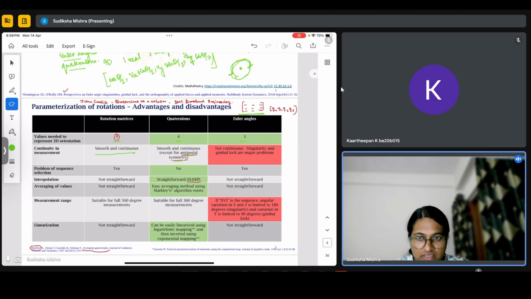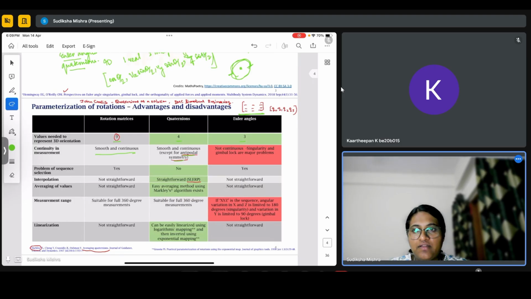This is what antipodal symmetry means. Except for these conditions, where there will be a discontinuity in measurements, for other points in the hypersphere the measurements are continuous. In the case of Euler angles, the singularity or gimbal lock problem arises, where if the angle